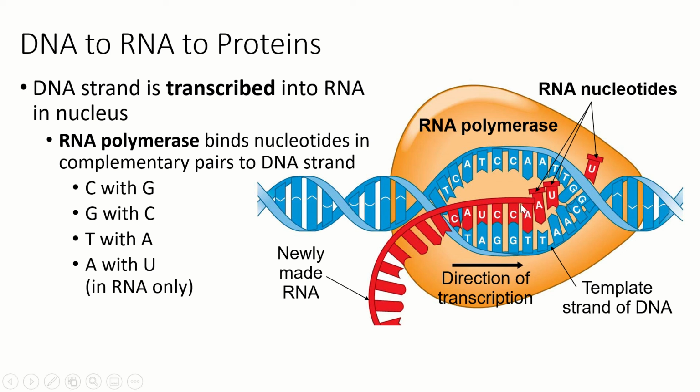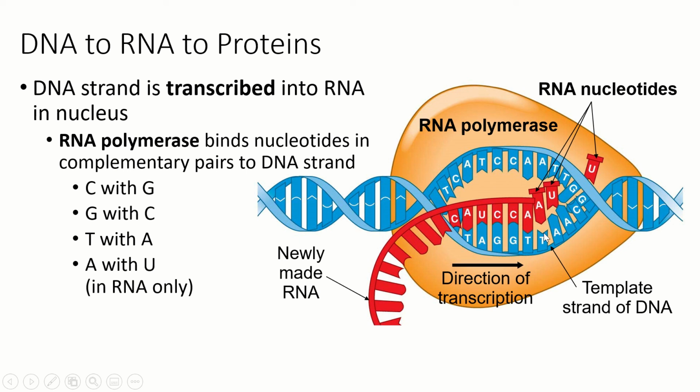So it's the same language, just in a slightly different form. We're going from DNA, which has the deoxyribose sugar, to RNA, which has the ribose sugar. Same language, still nucleotides, just a slightly different form. So RNA polymerase is the molecule that's going to come along. It's going to bind to DNA, open up the double helix, and then start inserting RNA nucleotides to complementary bind